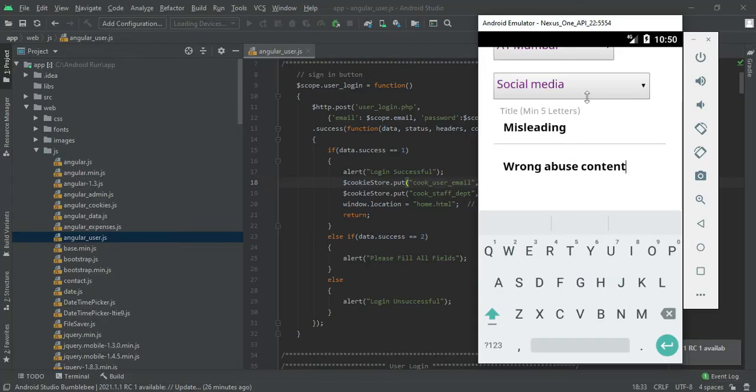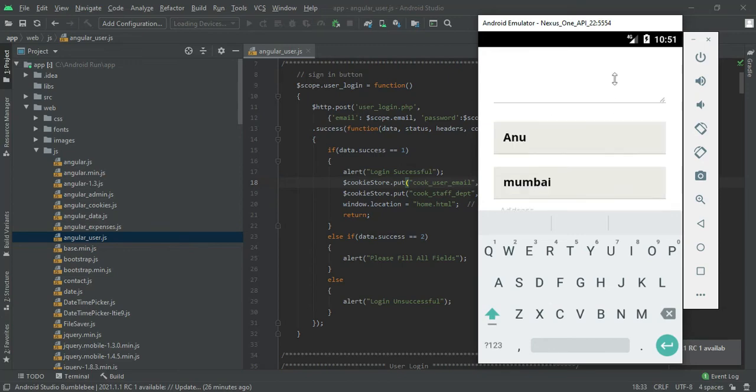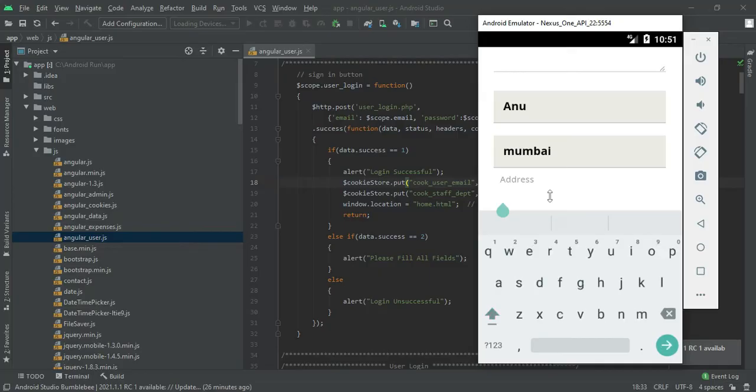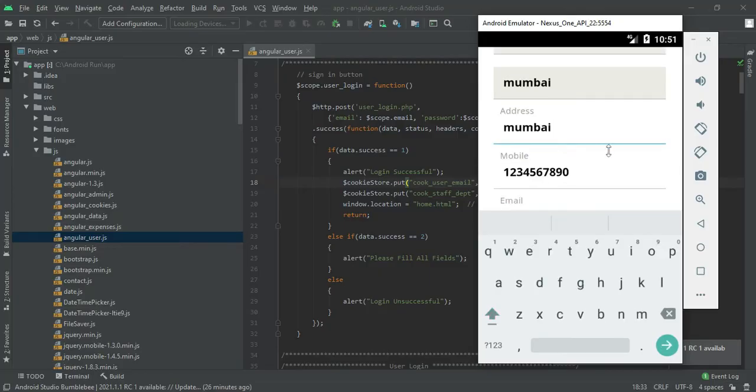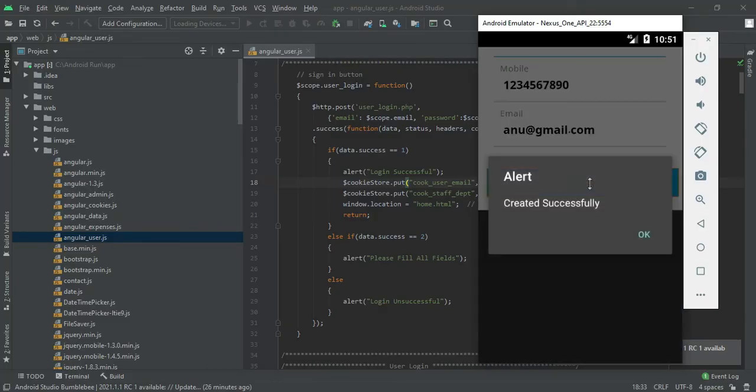My complaint is abusive content, and you just have to enter the address detail over here and submit it. The complaint has been created successfully.